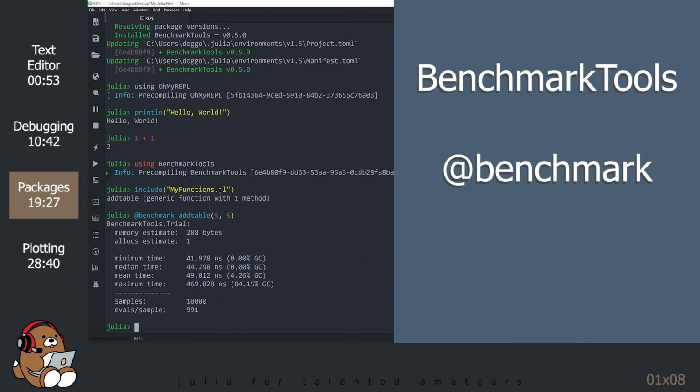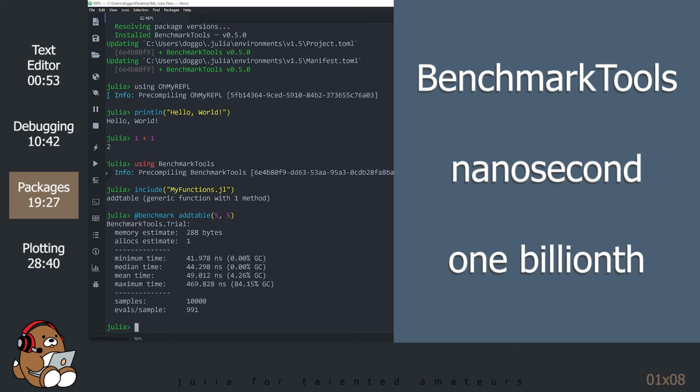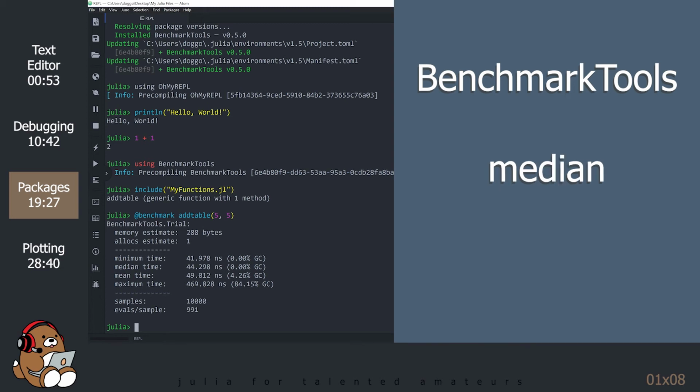Notice that the @benchmark macro doesn't print the results of your function, only the performance data. NS is the abbreviation for nanoseconds, which is 1 second divided by 1 billion, or 1 billionth of a second. The @benchmark macro runs your function multiple times and records the length of time for each run. If you lined up all the runs in order, from lowest value to the highest value, the median value is the value in the middle. The mean value is the weighted average of all of the runs. In other words, if you added all of the individual times together and then divided by the number of runs, that's the mean value.